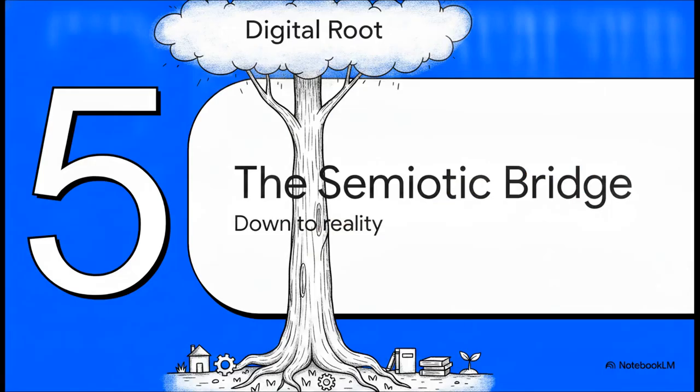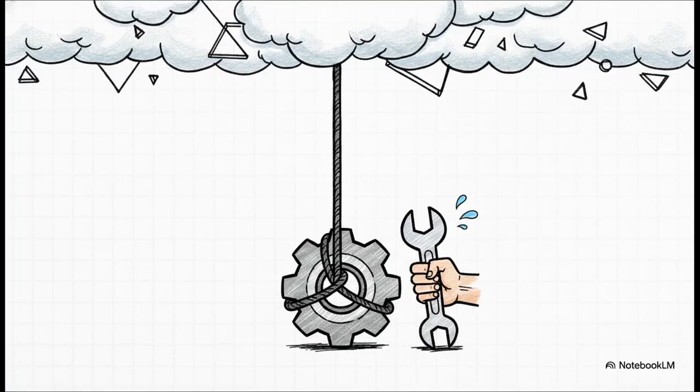Finally, Section 5, Crossing the Semiotic Bridge. Let's take that perfectly anchored digital root and travel all the way down the trunk to physical execution. Now, before any machine can actually move in the real world, we have to legally and practically ground it. The sources outline this framework called Cosmolo, connecting the high-level digital ether, the Cosmo, down to our physical local edge devices. First, a Kali wrapper is used to give real-world physical entities a legally binding on-chain identity.